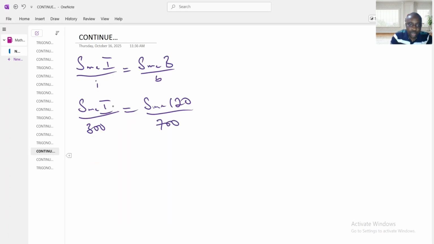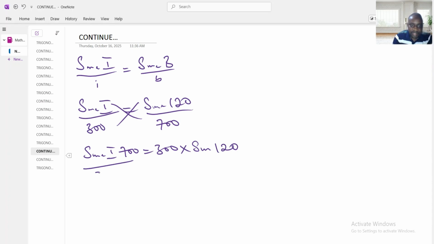Now the next thing we are going to do is cross multiply. Sine I multiplied by 700 is going to give us 300 multiplied by sine 120 degrees. Now the next thing we are going to do is divide both sides by the coefficient of sine I, 700. 700 here, 700 here. Therefore, we have sine I equals 300 multiplied by